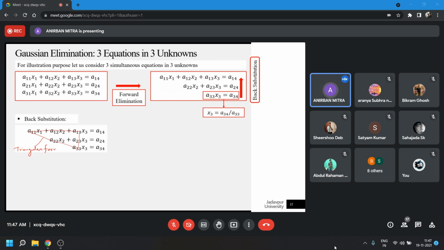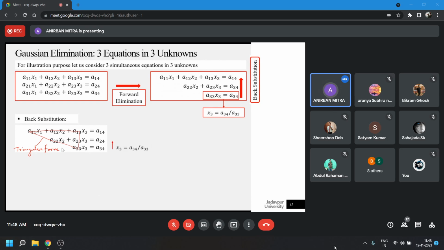So that is why it is called a triangular form. From the final equation, we get x3. We go back to the second equation, the previous one, with x3 known, and we can find out x2 following this expression. Notice that on the right hand side, everything is known. All the coefficients are there, and the previously unknown x3 is present there. The value of x3 has been found out in the previous step, so you can just simply substitute it over there and find out x2.